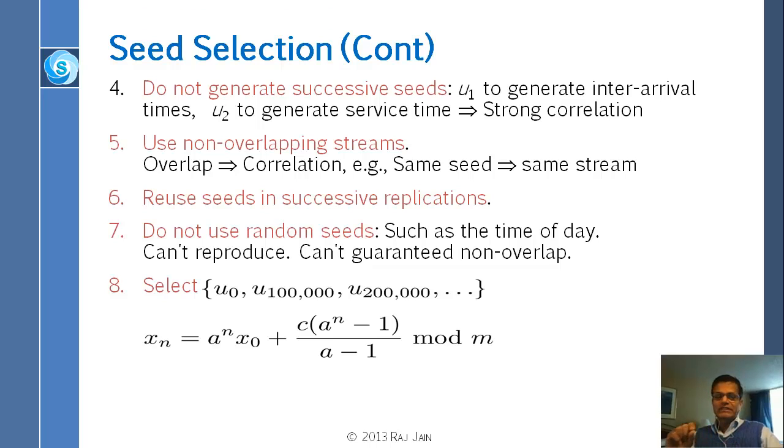You have used the seed, let's say 1, and when you finish the simulation, the number came out to 15. Just use that as the seed for the second replication. When you finish that, the number comes out 17, use that as the seed. What you're doing is continuing your stream,